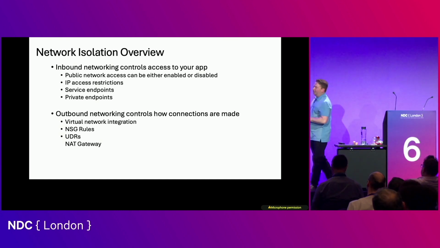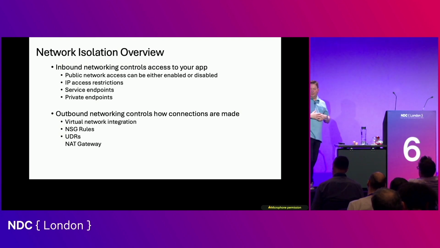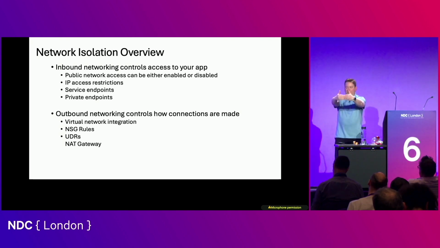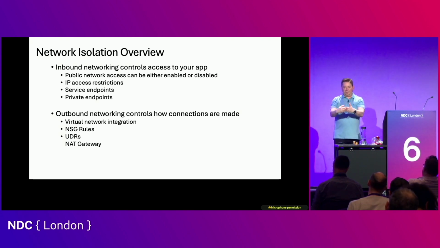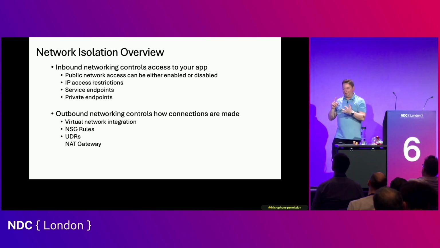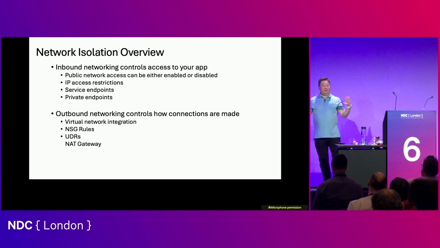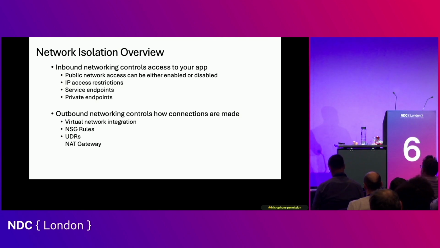Inbound is also interesting. It makes life more difficult. Think about a web app or a service. If you put an inbound networking restriction on it, that means no public traffic can get to it. Now that's an awfully good idea for your databases, your background dependencies, or even your key vaults, right? You don't want people hammer attacking your key vaults. They have no business doing that. But it's going to make your user experience very difficult and tricky, because it basically means you need a VPN or some kind of private endpoint solution to even have network access to authenticate into the app.